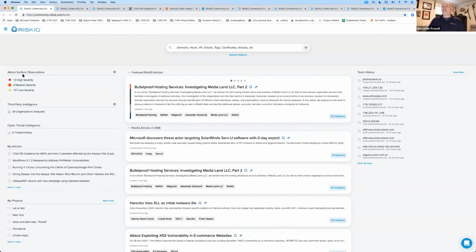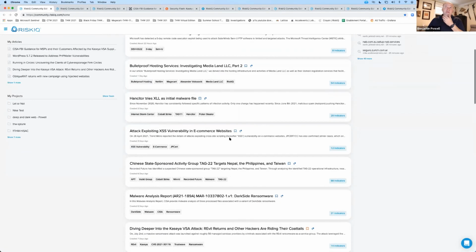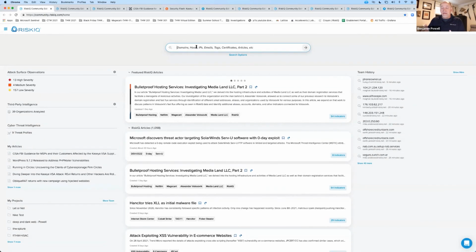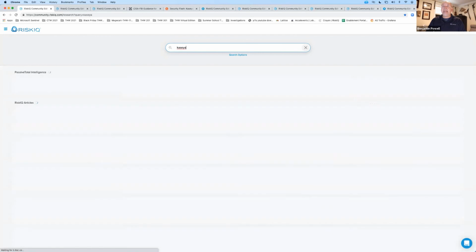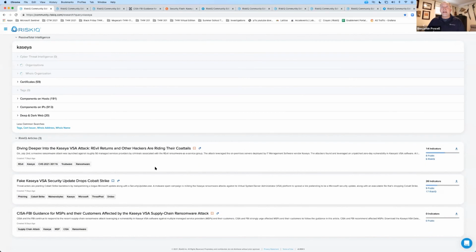So yours is going to look a little bit different, but it's one of the third-party ones that I have. So when we get into those, I'll actually be in the same attack surface. When we start off here, you don't have to, you can look at articles. All these are the articles that are published, but what's really nice is that you have the capability of asking a question. So if I type in Kaseya into the search, you'll start to see hits, for example, on